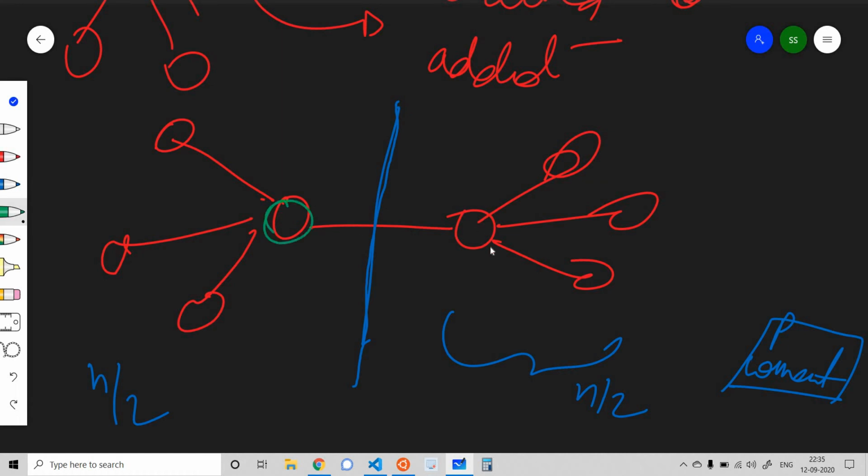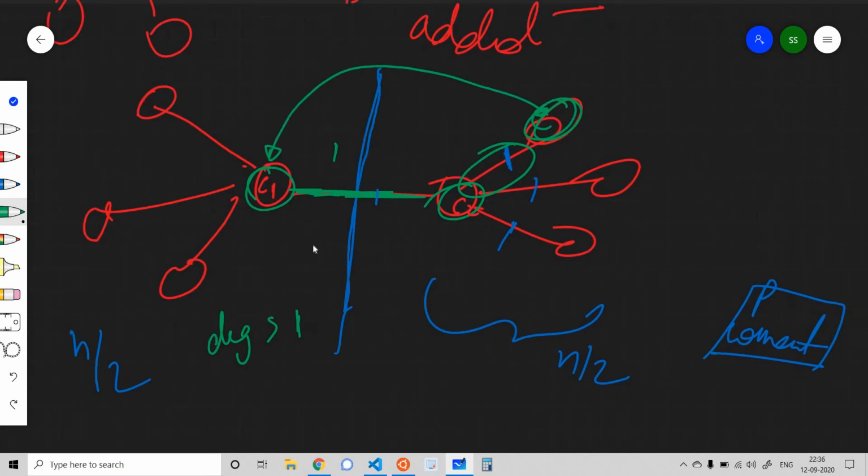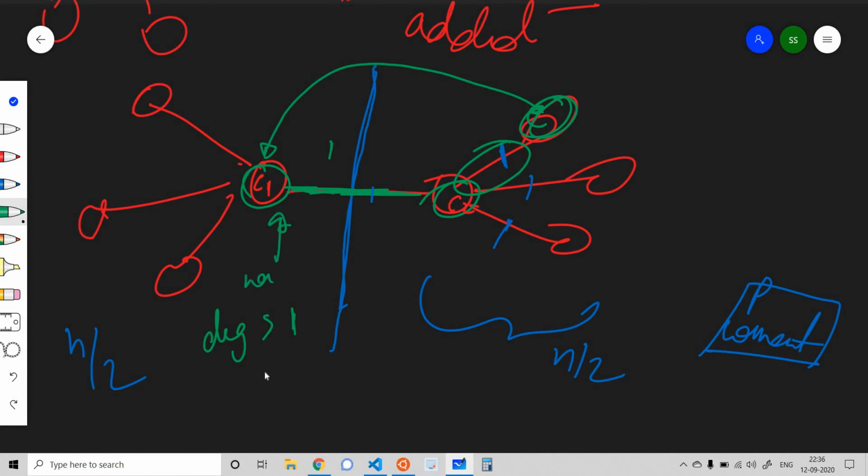In this case, I'm sure that my centroids have degree greater than 1, and 1 degree is used by this common edge itself. So suppose my two centroids are C1 and C2. What I simply did was pick C2 and then choose any edge from these other edges, which is not the adjacent edge. I chose any one edge and deleted it, and after deleting it I attached this subtree to my C1. Then in that case C1 will be my new centroid, and C2 will not be a centroid.